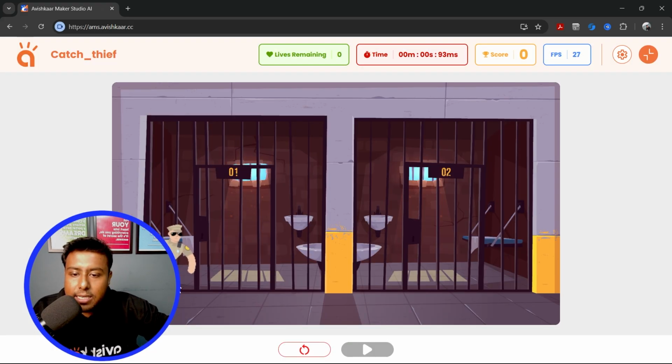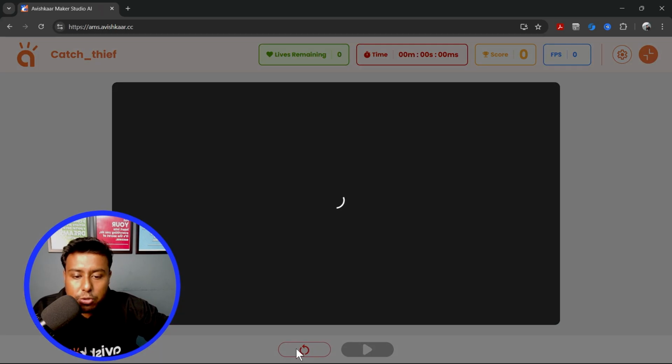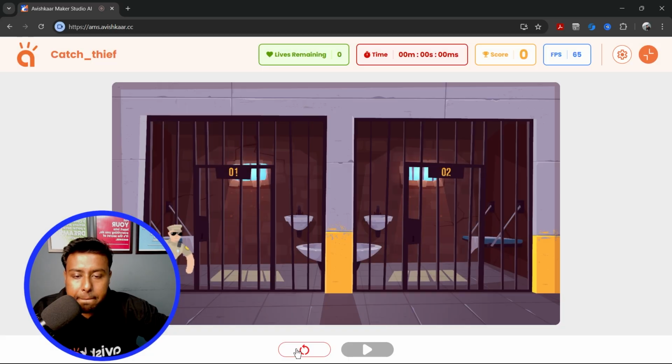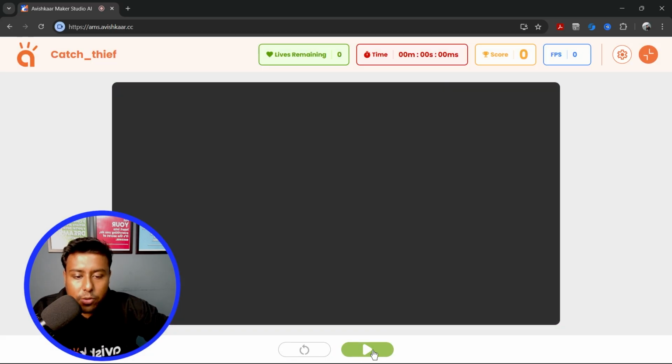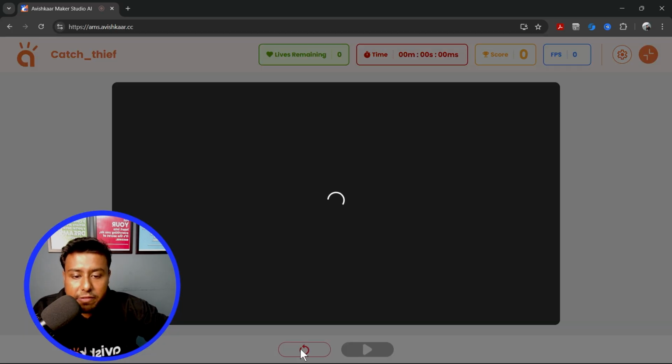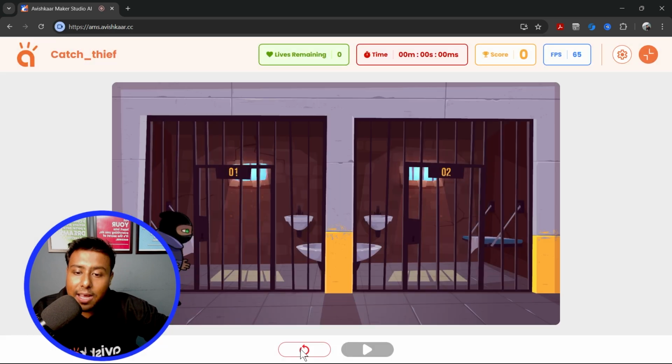And you can see the police is actually there. Okay. One thing is, I'll just try to reload first to show you. Again, reload. Let's hope the thief comes this time. Yeah, you can see the thief comes this time. Okay. So basically it is randomly selecting an image between thief and police,